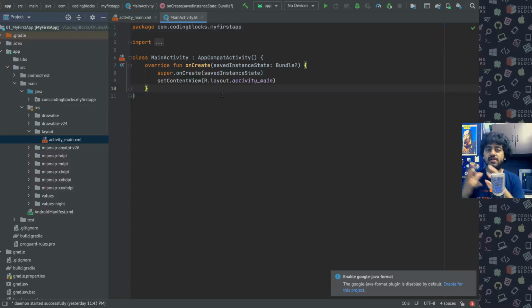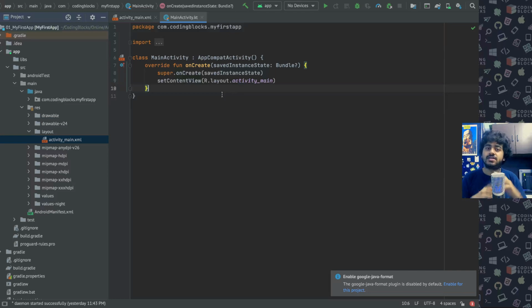So all the windows always take up the entirety of the screen, except on some tablets and these days big tabs or Galaxy Note kind of phones where you can open two windows together. Multi-window layouts are there, but generally in most phones you can open one window at a time. So one activity is one window basically.